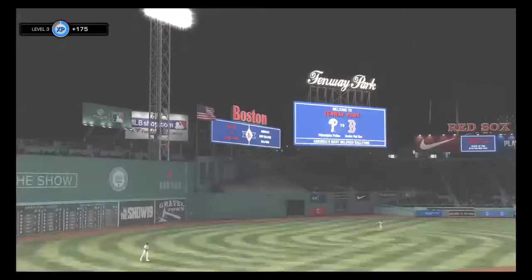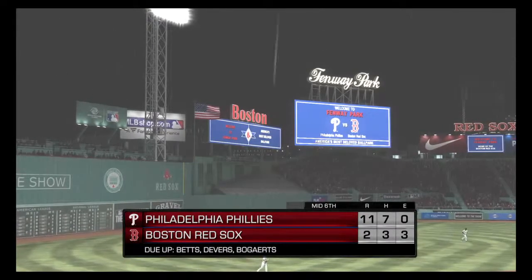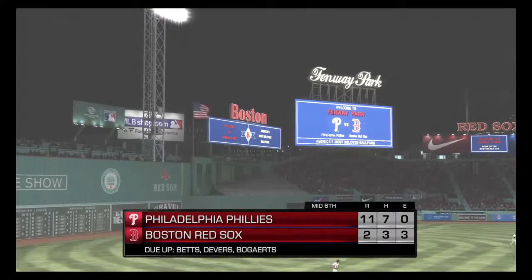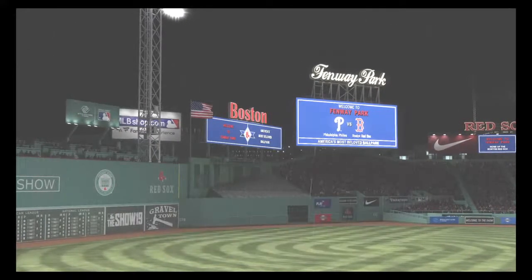So they pick up 3 runs on 3 hits, including the home run. 1 error in the inning, and a runner left. Top of the order due up in the home half of the 6th. Phillies lead this one 11-2. Into the box,